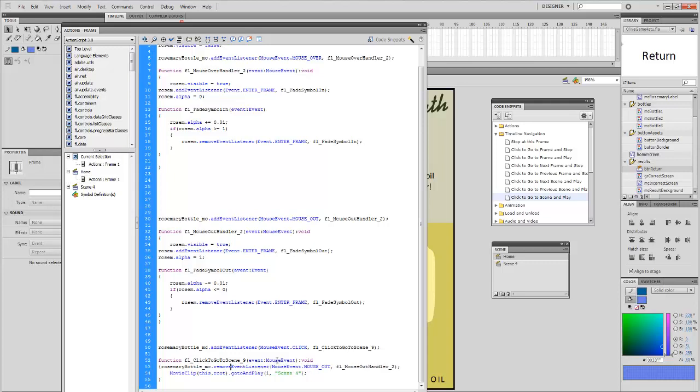Okay. Now when the mouse clicks on that button, the program will perceive that it has to remove the mouse out event first, then it can go to the scene 4. Okay. Now test the movie,